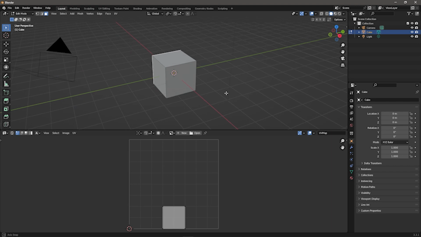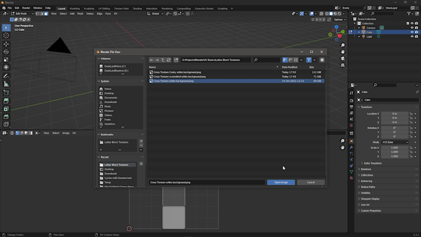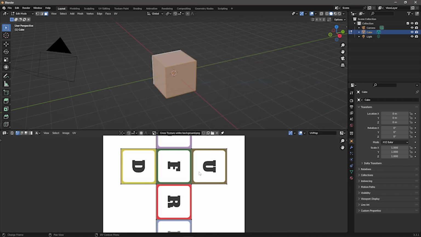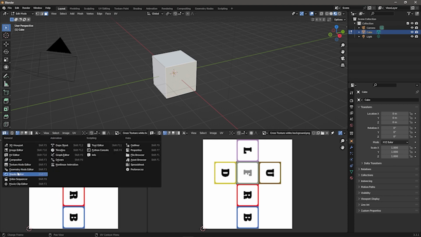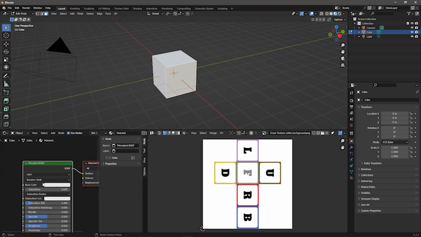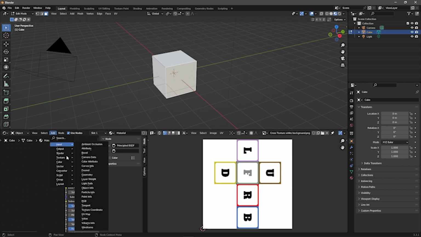So our next step is to open a texture. I happen to have my texture ready to go. I'm going to zoom out for a moment. And now you can see that the UV squares line up with each face. In order to see them happen live, we need to do two things. We need to turn on texture view or rendered view, and we need to create a shader that actually uses the image. So let's bring up our shader editor,